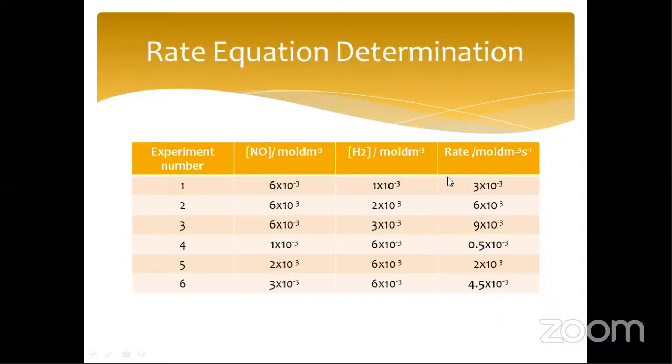When I divide 6 times 10 to the minus 3 by 3 times 10 to the minus 3, we're looking at the rates now, I also get 2. If I divide the factor of the concentration, which is 2, by the factor of the rate, which is 2, I get 1, which gives